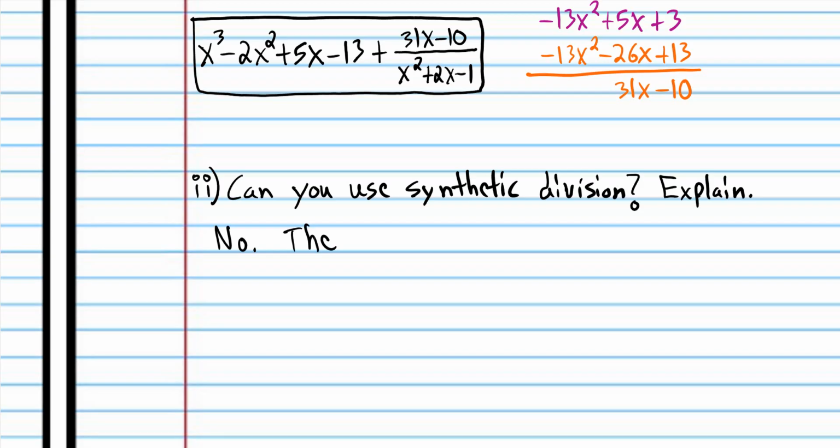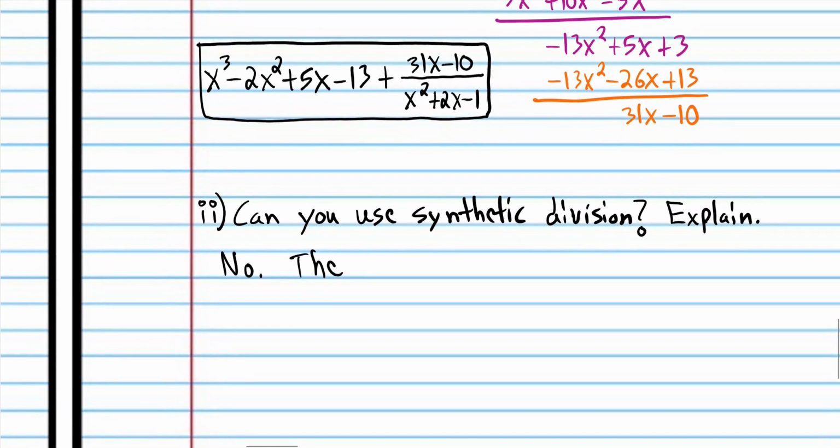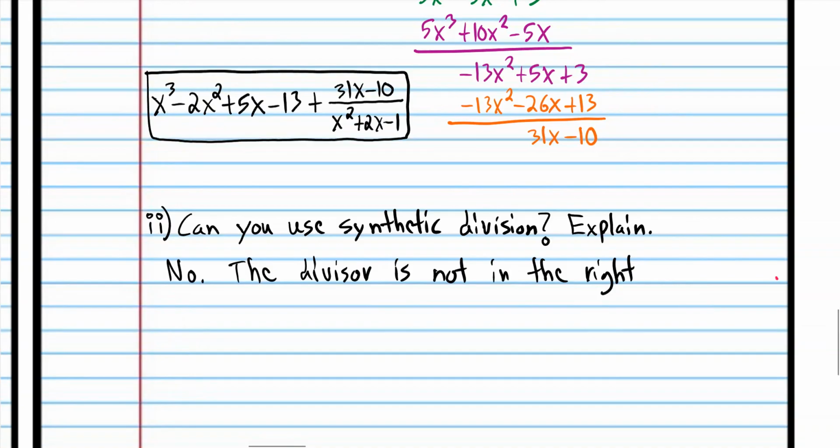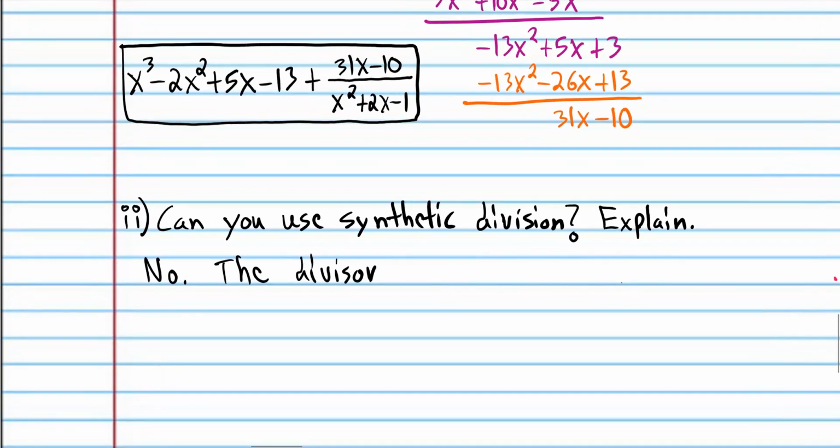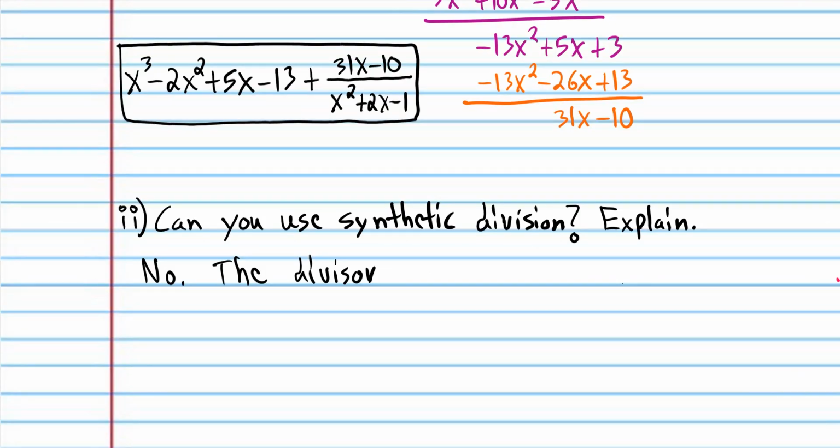Another way to describe it is the divisor. You can just say the divisor is not in the right form. Well, I wouldn't say that it's not in the right form. It's not the right kind of divisor. The divisor is not a binomial